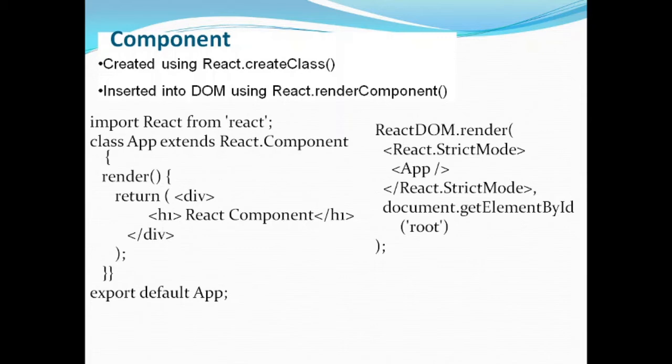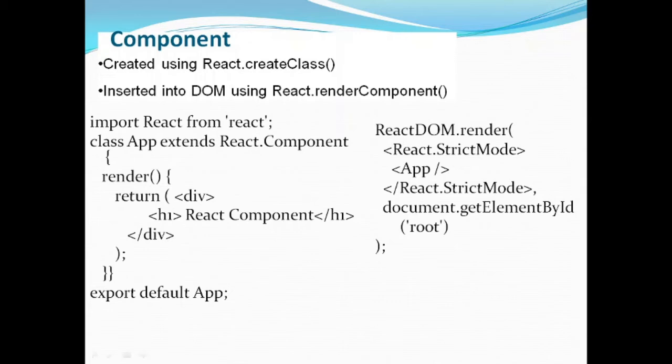How do we create a component in a React application? We can create class components, and we can create functional components. We can make a function a component, and we can make a class behave like a component. So here we can see the syntax. In the older versions of React, up to version 14, the syntax was different. Coming to React 16 and above, we now follow the syntax I am showing here.